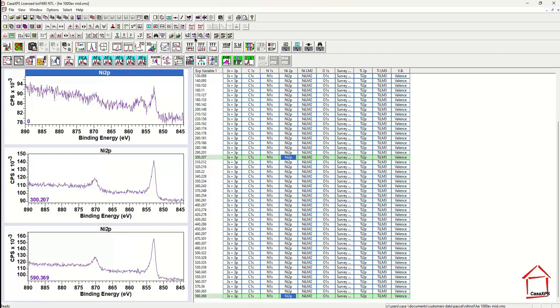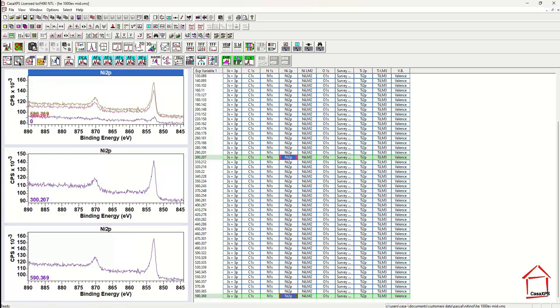And the way this button then is available to me is that I can make a selection of different VAMAS blocks, press this button, and it will give me a stack of these different VAMAS blocks. Let me give an example. I will overlay in the active tile the three selected nickel 2p spectra,